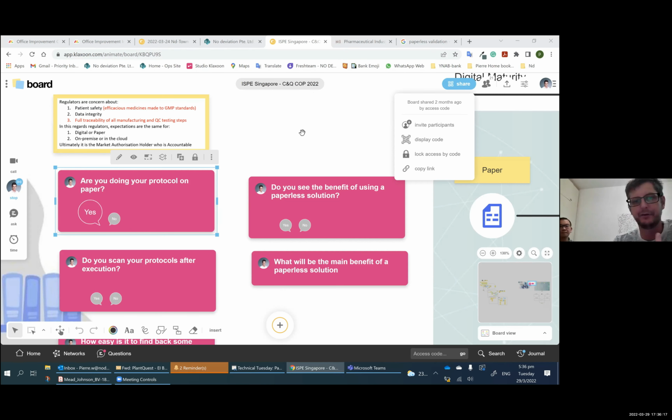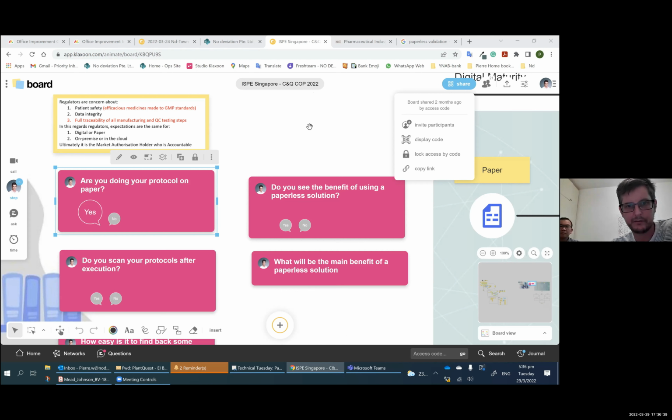The question was, do you do your protocol on paper? Do you scan your protocol after execution, yes or no? Do you see the benefit of using a paperless solution? And what will be the main benefit of a paperless solution, which is an open question. If you could put it in one word, what you see.